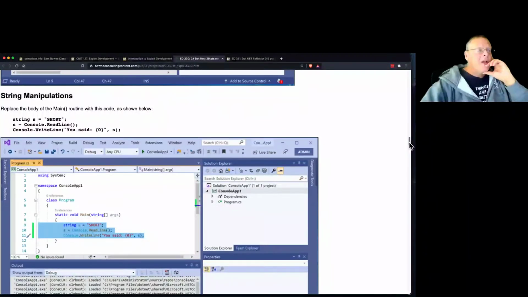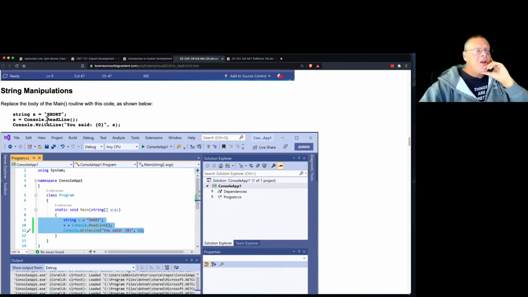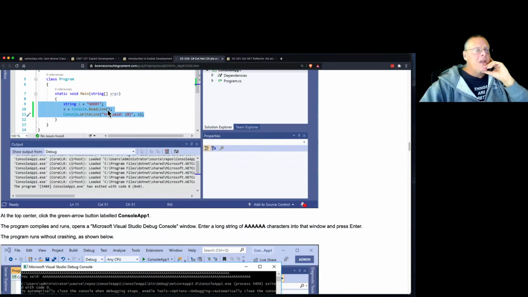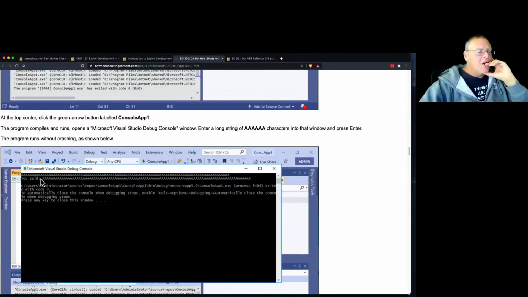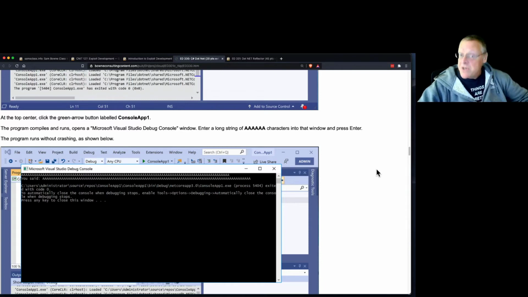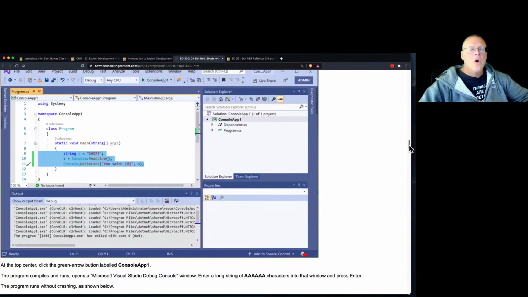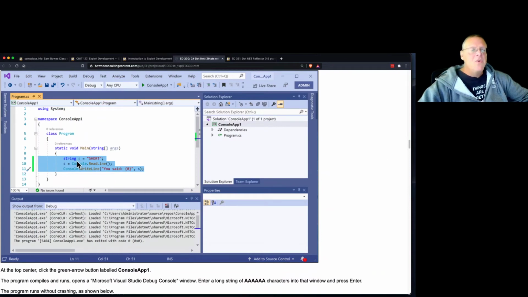All right. And so then you can change the code to define a string variable, and then read from the console, and then echo back what you said. So this is a simple input-output program. So when you run that one, it will ask you what to say. And if you give it a really long string of A's, it will run and not crash, which is interesting, because if this had been normal C compiling, then you would have had to tell it how long the string was. And if the string was only 5 bytes long like this, then when you put in 40 or 50,